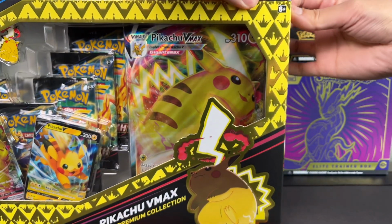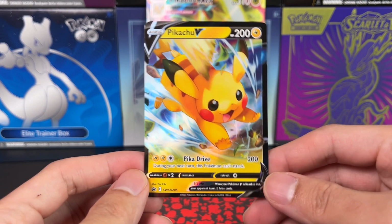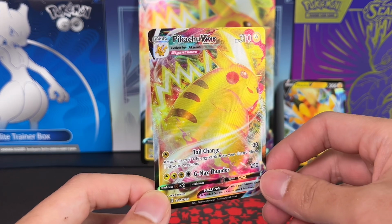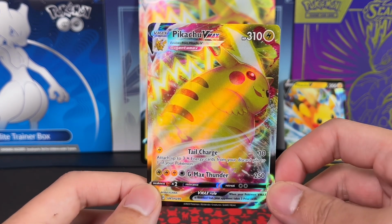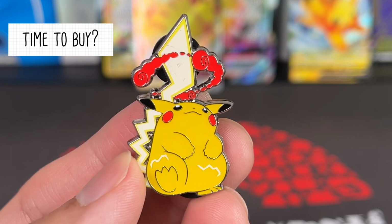In today's video, we're going to open up this Pikachu VMAX collection box from Walmart's Black Friday specials. It comes with 7 packs of Crown Zenith, one of the best sets released for the Sword and Shield era. It was the set that closed out the Sword and Shield era, so they had to go out with a bang, and I would say this set lived up to expectations. It's got some of the best pull rates and some of the best artworks in the Sword and Shield era as well. And let's see if it's time to buy some of these singles now that the set's been out